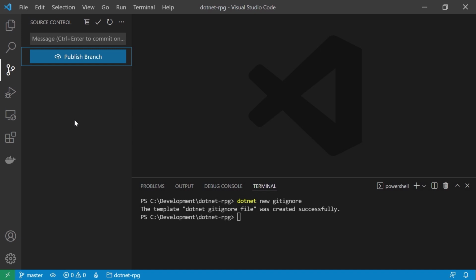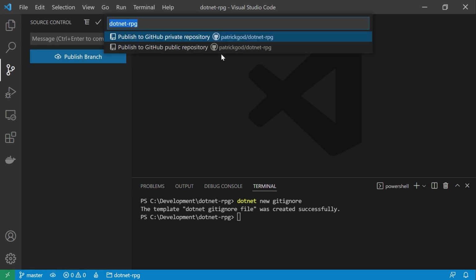Now, additionally, you can push your repository to GitHub. So you can do this here, or down here you see this little cloud icon, publish to GitHub. Let's try that. Make sure that you are logged into GitHub. I am, as you can see, this is my repository. Now I've already got a .NET-RPG repository because I did this already, or started creating this course with .NET Core 3.1. So let's change the name to